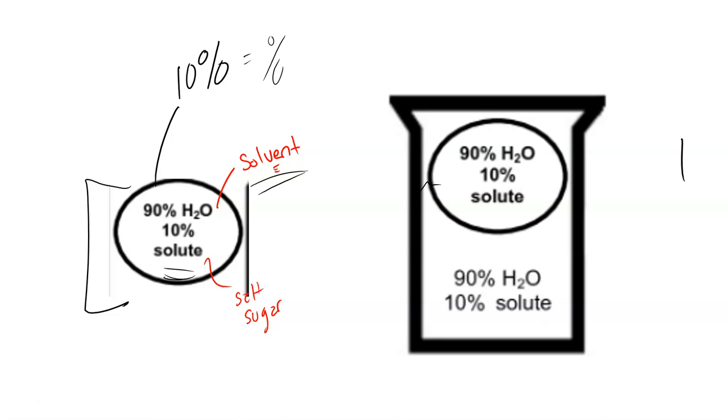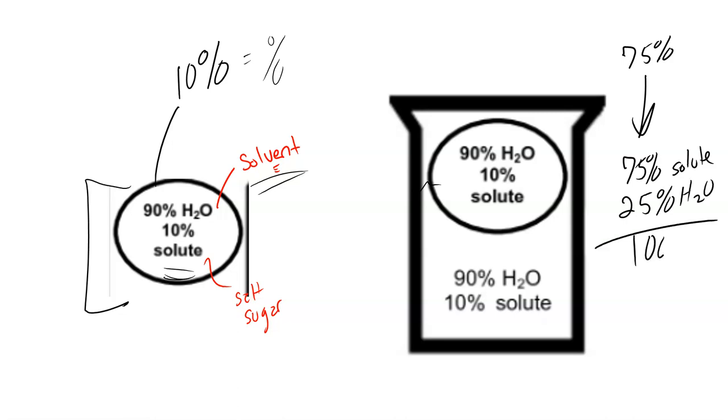So if you get a 75% solution, you should be able to determine that means 75% solute, salt or whatever it is we're talking about, and then it has to equal 100%